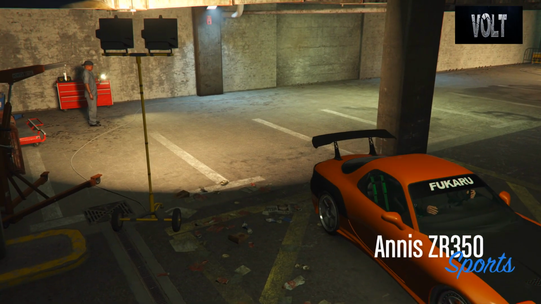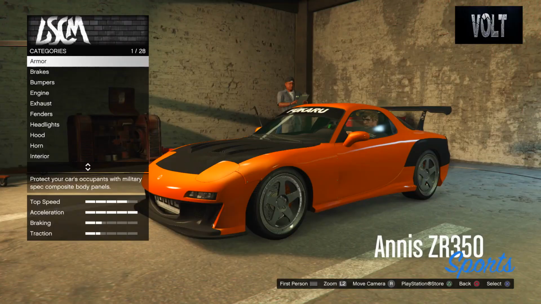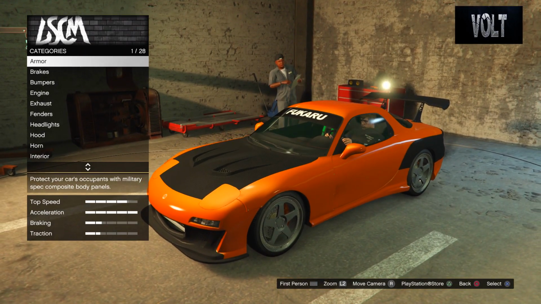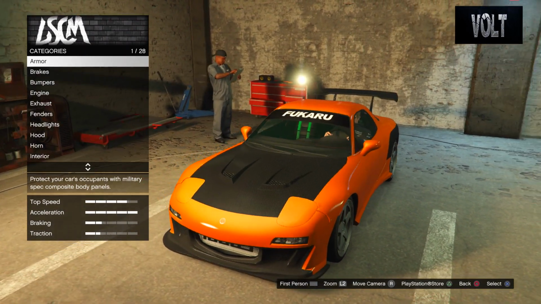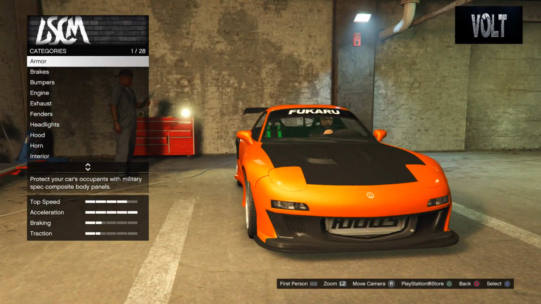So the Annis ZR350 is in the sports category. Pretty self-explanatory. It's based around a Mazda RX-7. Not sure exactly what year, so you guys can let me know about that. I will note one thing though, this car is a lot closer for the build, mainly because of the idle sound. Now if you listen,